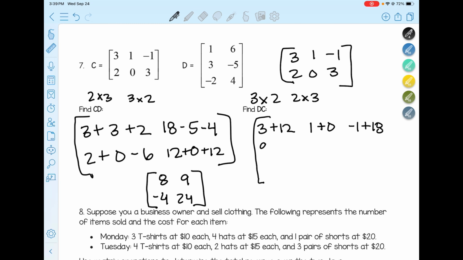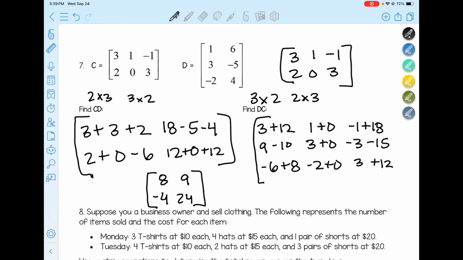So I go 3 times 3, which is 9, -5 times 2, which is -10, 3 times 1, which is 3, -5 times 0, which is 0. Then for the last one, I have 3 times -1, which is -3, -5 times 3, which is -15. Then we're going to do that with the last row. -2 times 3 is -6, 4 times 2 is 8, -2 times 1 is -2, 4 times 0 is 0, -2 times -1 is